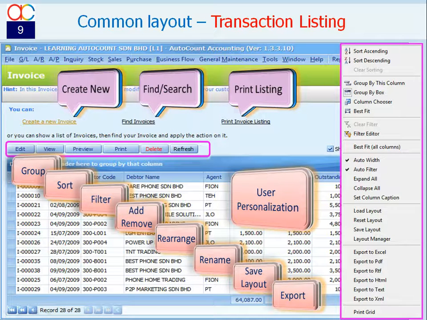Every listing screen has the same following functions: to create a new document or entry, to search or find documents or entries, to print document or entry listing reports. And the toolbar consists of buttons to edit, view, preview, print, or delete the highlighted document or entry in the